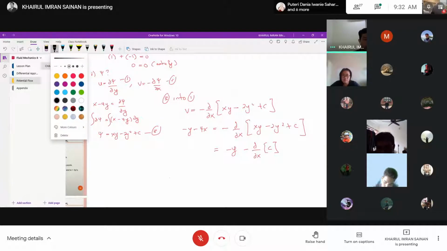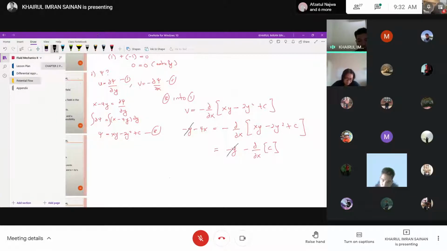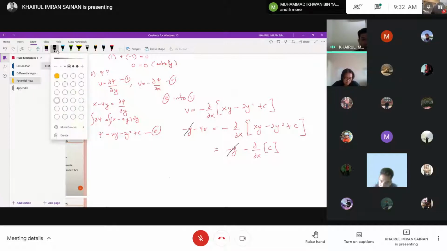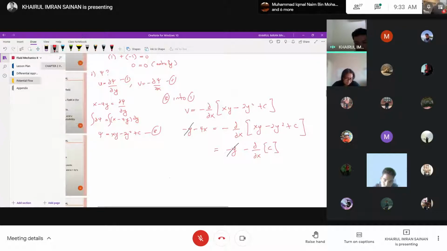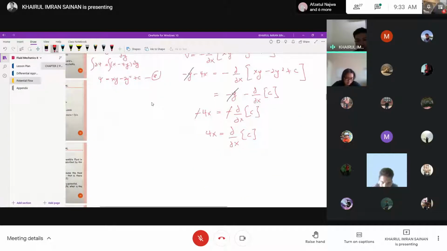Next we can cancel out the negative y because it is the same. So you have negative 4x equals negative del over del x of c. The negative cancels out, so 4x equals del c over del x. Therefore c is equal to